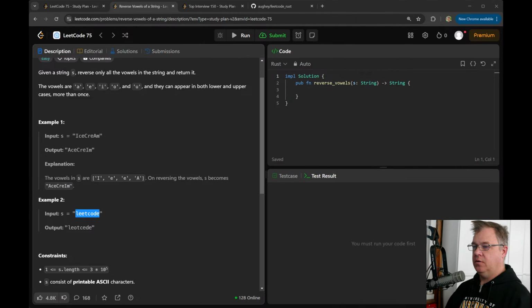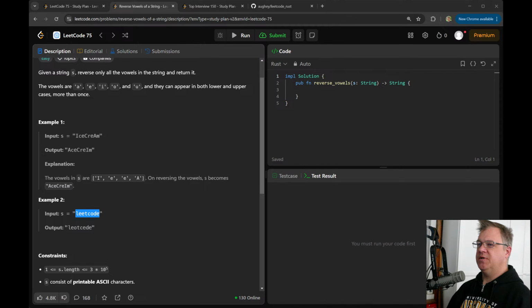So now let's implement this. Fn solve vowel something, and we're given an S, which is going to be a string slice, and we're going to return a String. So let's pub. Recompiling. Good, we're compiling. So let's do fn is_vowel.